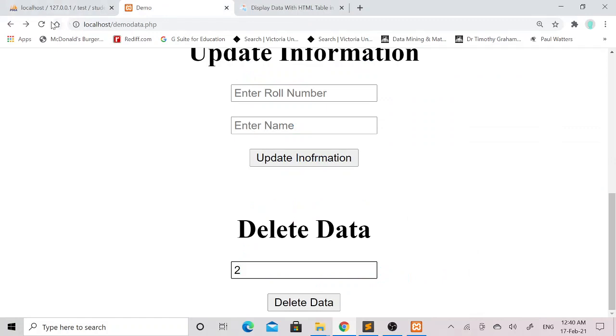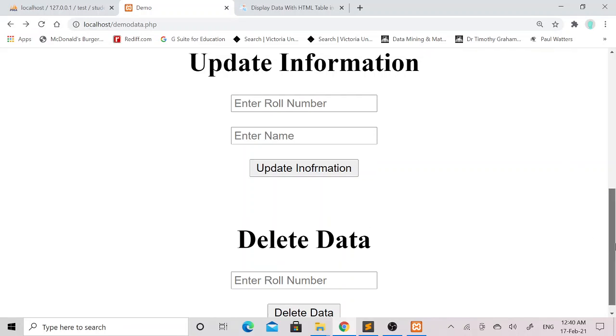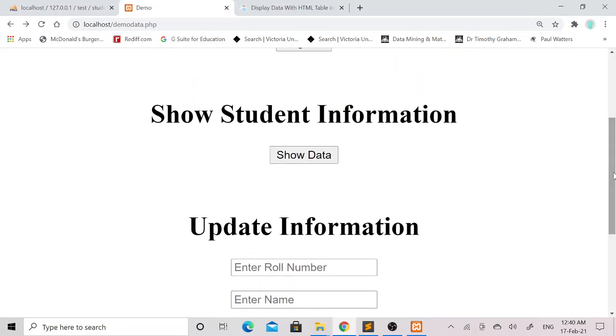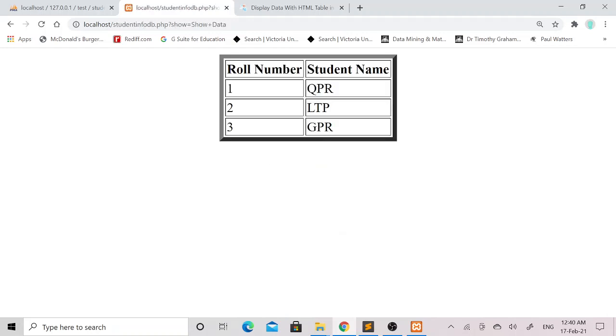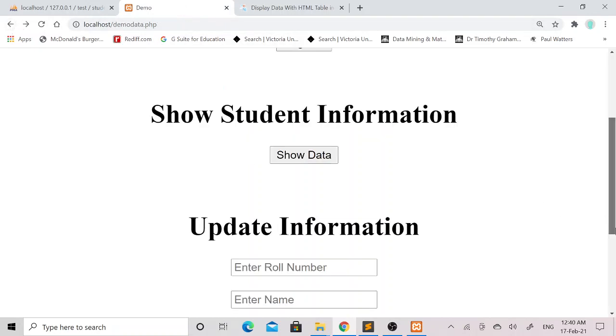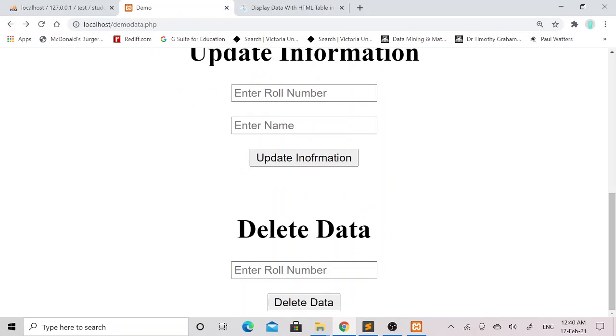To see the output, first I will refresh this demo.data.php page. Before deleting a particular record, I will click on the show data button. So this is the information present in the student table. First I will delete the record whose roll number is 1. So I will click on the back button, and in this delete data form I will enter roll number 1.